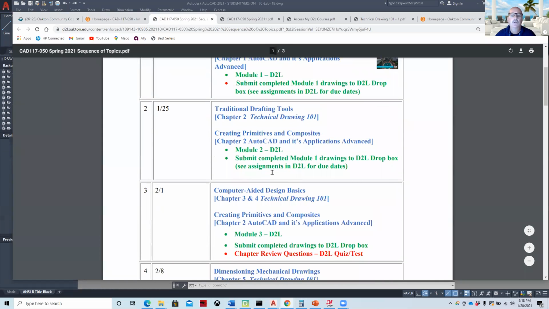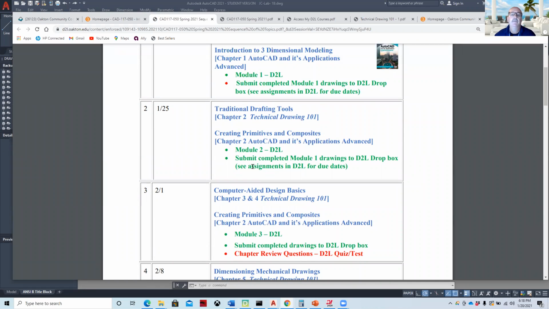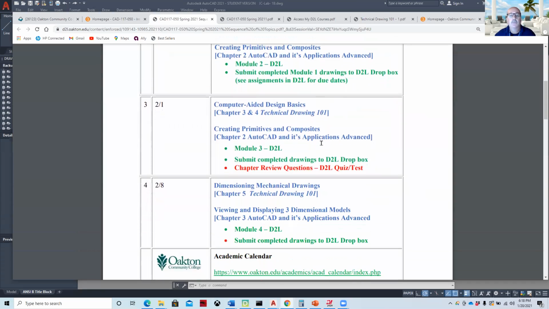The book can be a little dry at times, but the first parts of it, when they talk about traditional drafting tools, we're talking about T-squares, lettering guides, all the tools that I grew up with and Al did as well that have now kind of morphed into these CAD tools. And so it's a CAD course, but we do want to touch on how these traditional tools work. And we feel that the course works pretty well as far as being able to get people up